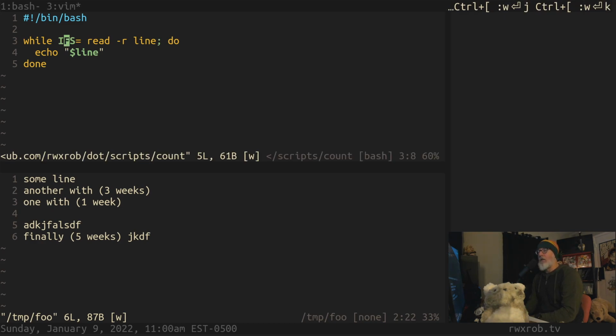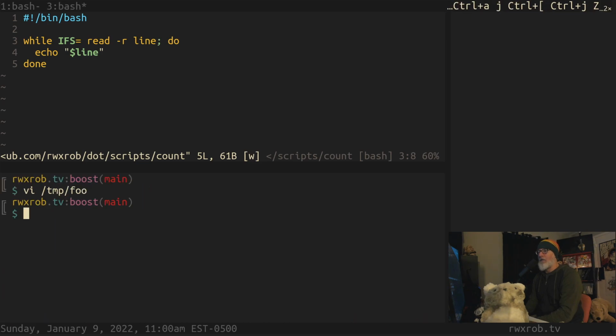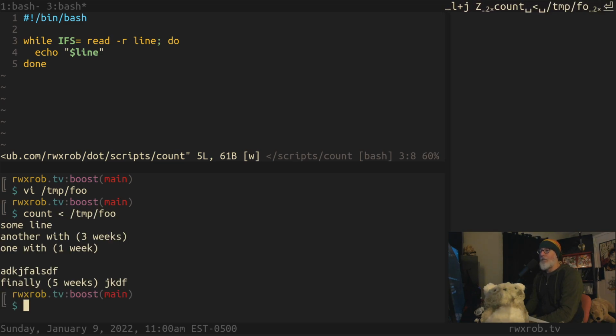What's this going to do? Well, let's go run it. All right. So we're going to say count, and we're going to feed it the file temp_foo. So now it just prints out all the lines, right? And we're going to be wanting to do that a lot. So let's do another little shell script. It's very easy to write and remember that it's going to run this, what we just did, for us automatically